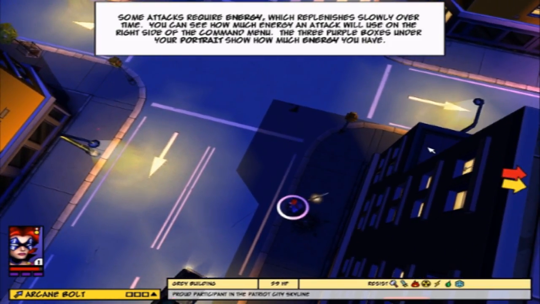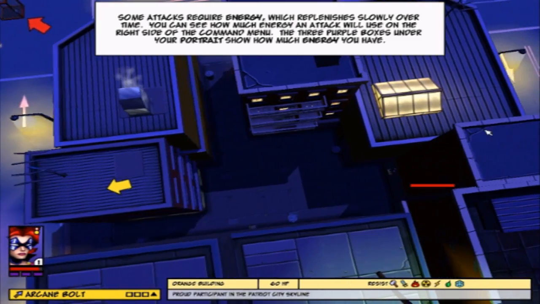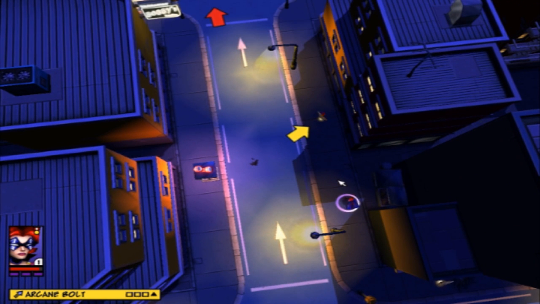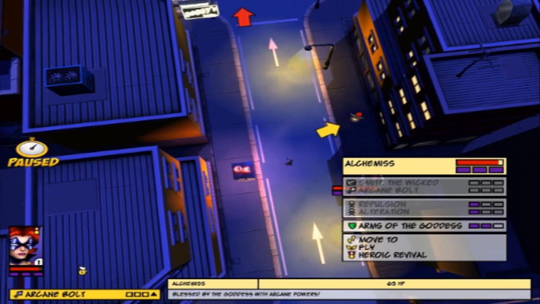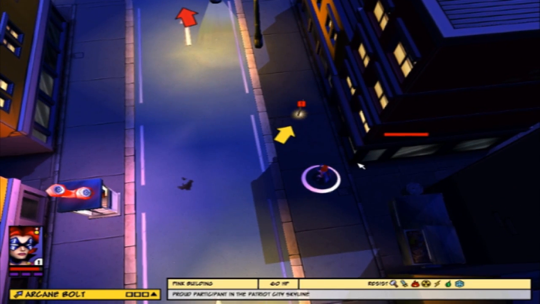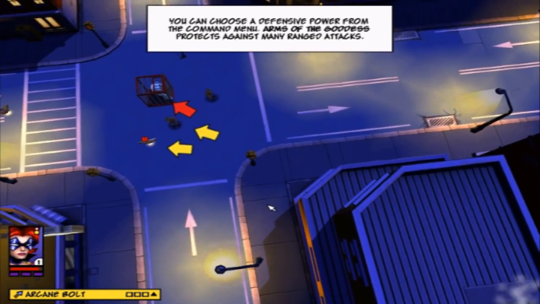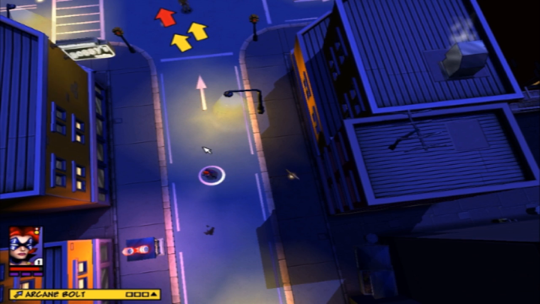Some attacks require energy, which replenishes slowly over time. You can see how much energy an attack will use on the right side of the command menu. The 3 purple boxes under your portrait show how much energy you have. Yeah, very similar to the last game, although they have simplified it, which I like a lot, in terms of using your abilities. Now it's just a case of 0 energy, 1 energy, 2 energy, 3 energy, in energy blocks rather than the energy bars, where sometimes you couldn't tell in the original game how much energy you were using. It just simplifies things in this game, which makes things much easier for me at least. You can choose a defensive power from the command menu. Arms of the Goddess protects against many ranged attacks. And instead of having multiple levels of power again in this game,